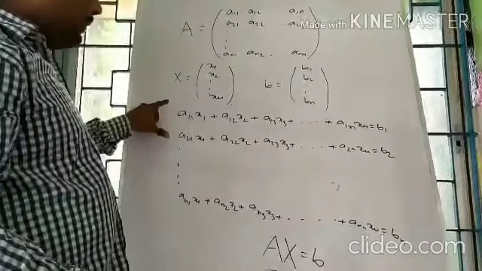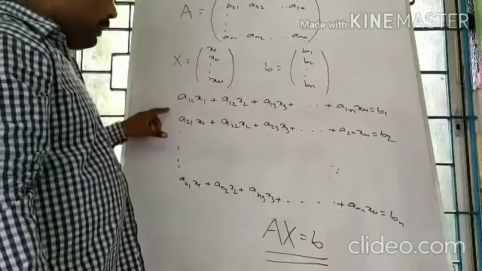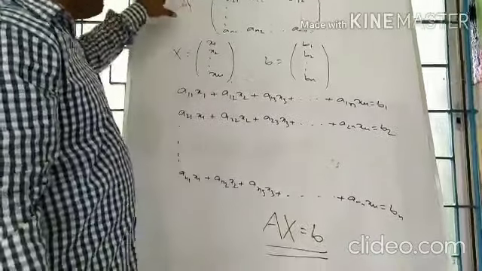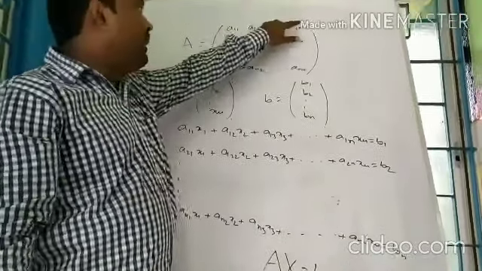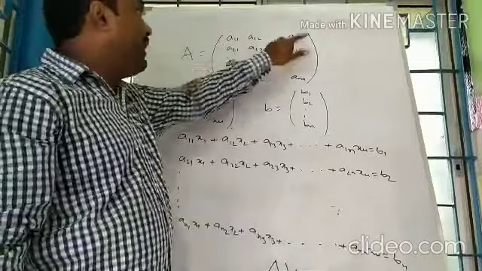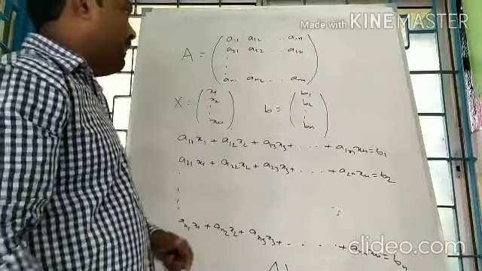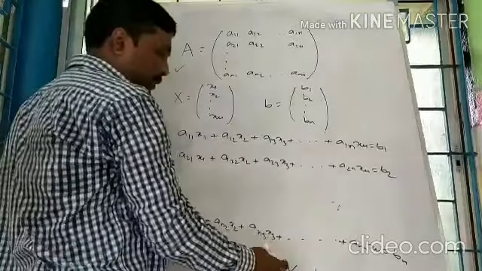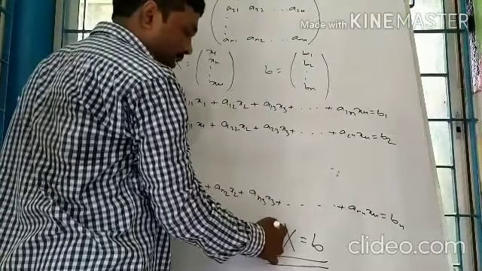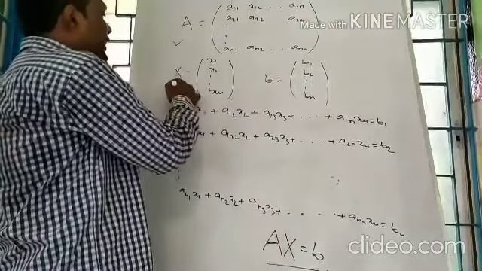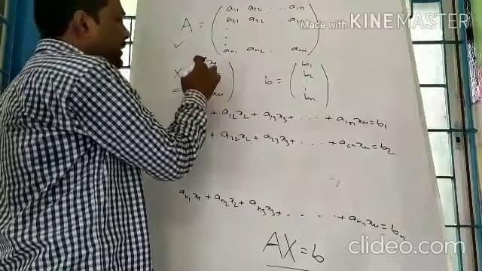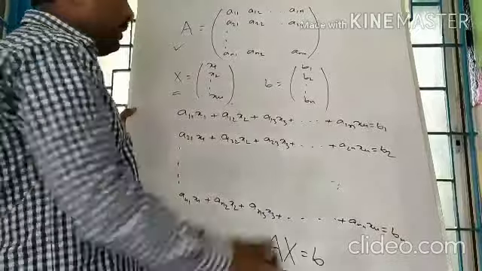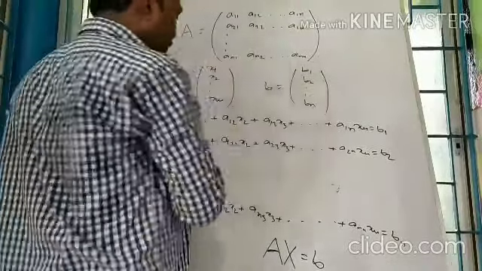Okay, so we have a system of n equations, n variables. That system can be written in the form Ax equals b, where the coefficient matrix A is a11 a12 a1n, a21 a22 a2n, an1 an2 ann. The coefficient matrix A is known. The unknown vector capital X is x1 x2 xn. We have to calculate all of x1 x2 xn, and the vector b is b1 b2 bn.